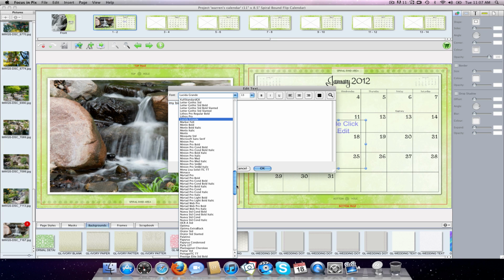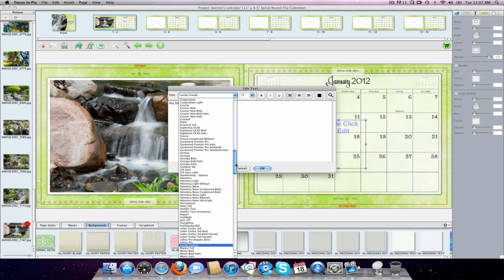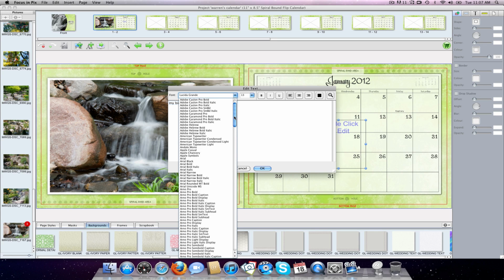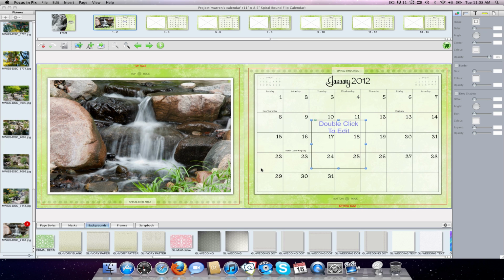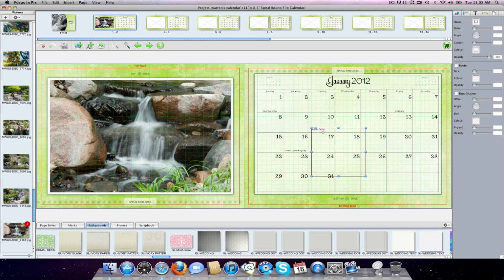You could choose any font that you have installed on your system. It's not limited to any specific small amount of fonts, which is nice. And we're going to choose this one for now, and you can change the size if you want. It's completely up to you. What's nice about this program is it is completely customizable. And if you want something that'll stand out a little bit more just to make sure people remember that it's your birthday, it's as simple as doing that. Once you have that formatted,